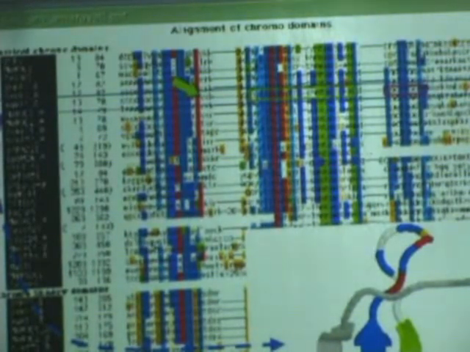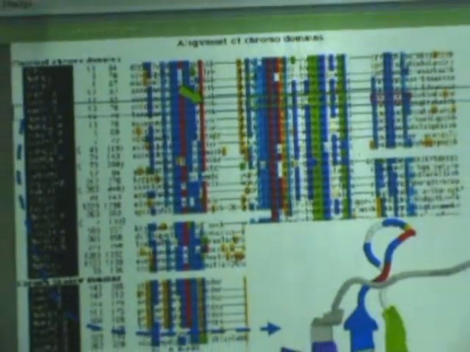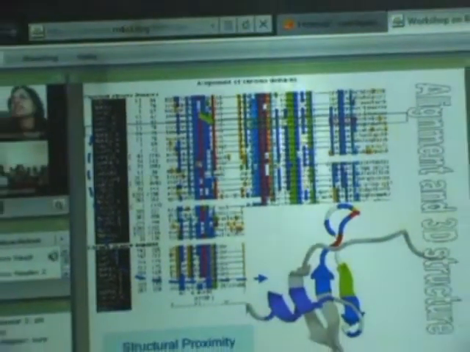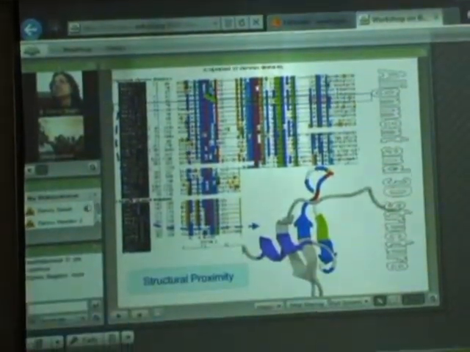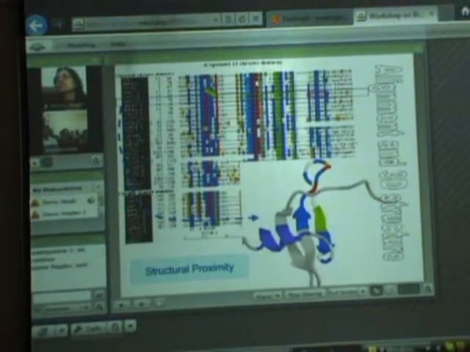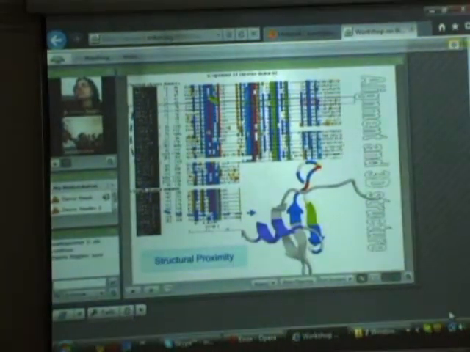And what is the importance of this covariation? The importance of this covariation is that even if these two positions are very distant on the sequence, very far apart, like one position might be the 10th position in the sequence, the other position might be the 56th position in the sequence. So sequentially these positions might be very far.